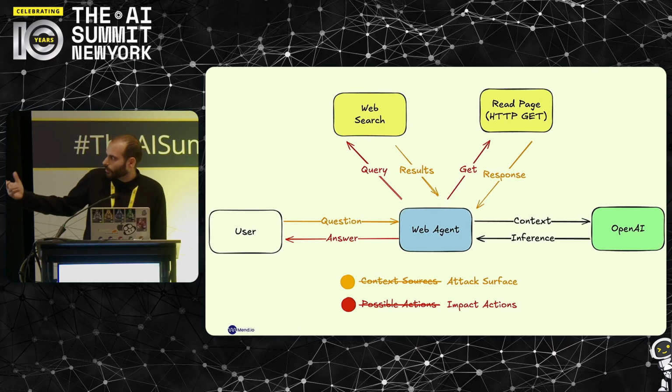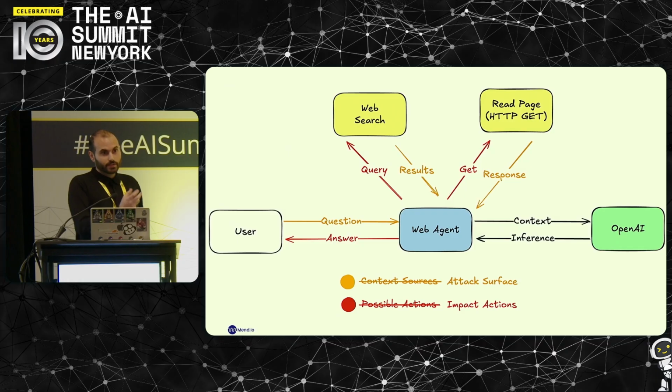Now, where can a prompt injection come from here? It can come from the user. It can come from the search tool, which is less probable, since Google is unlikely to bring us back a prompt injection, but it's possible. And it can come from the content of the website. So a website that your agent is surfing to can try to convince your agent to do something bad. But what are the bad things that an agent like that can do? At first glance, not that much. It can answer the user something bad, which is okay. It can do another search on the web.